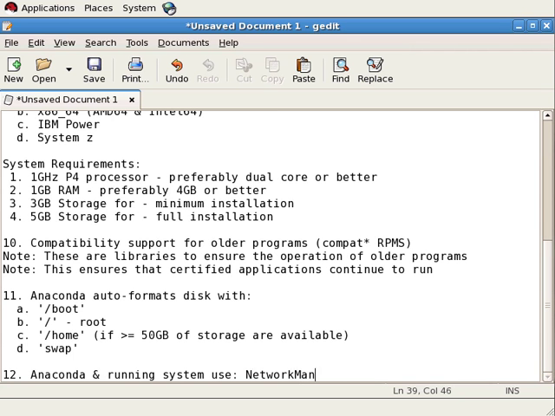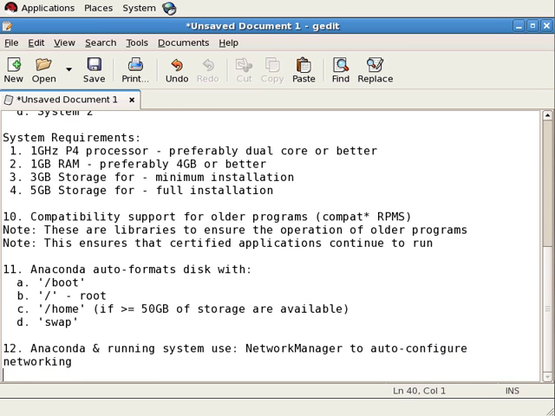And that's Network Manager, which you will find across Linux distributions, including Debian, Red Hat, SUSE, etc. So Network Manager is used to auto-configure networking as opposed to a separate facility, which means by default Network Manager will attempt to use DHCP to configure your connected interface or interfaces. So it uses DHCP by default